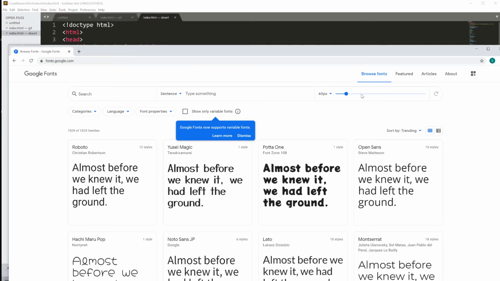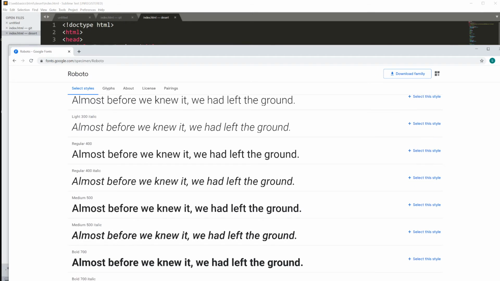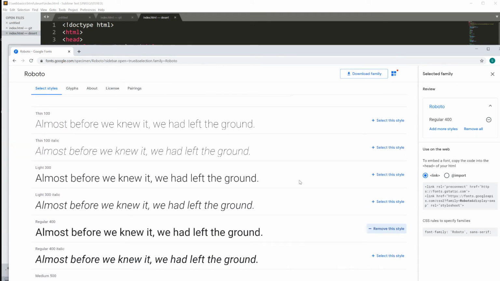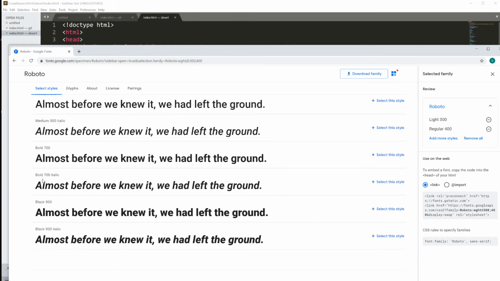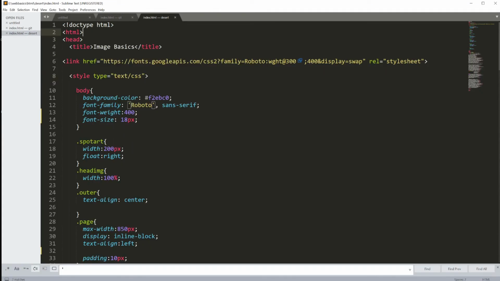I'll go back to the original Google font. I'm using Roboto, just right here. Currently the weights I'm using are 400. I'll select that. And I'm also using 300. Select it. I now want a bolder one, 700 or 900 here. Select. I'll copy this new link, copy, and I'll replace my current font link, paste, and now I'll have access